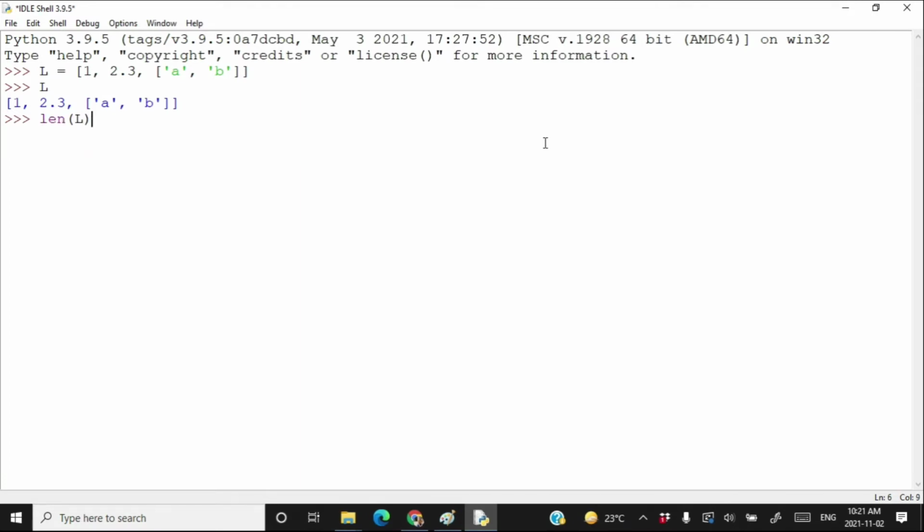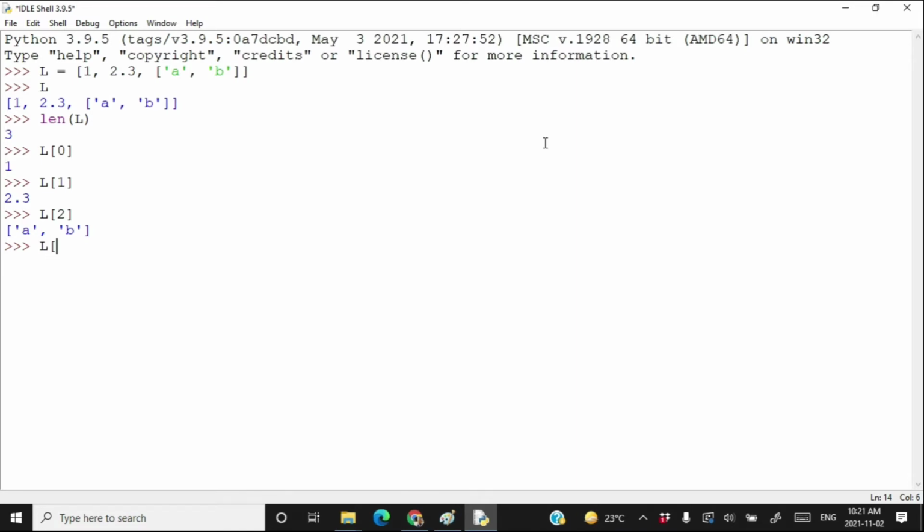Length of L is 3, whereas the first element, that is L0, is 1, L1 is 2.3, whereas L2 is a list.